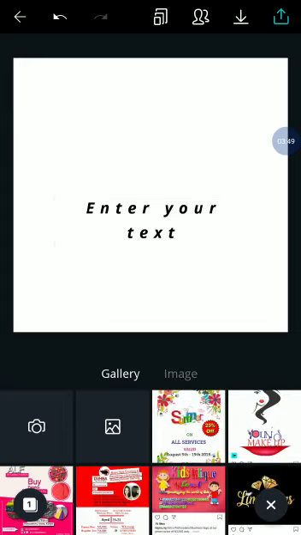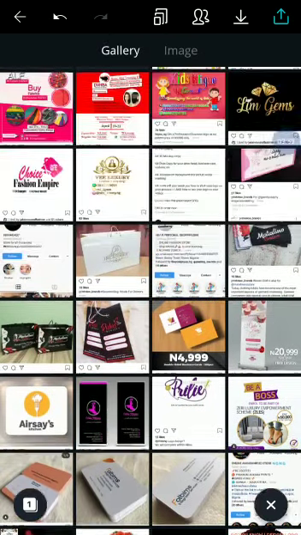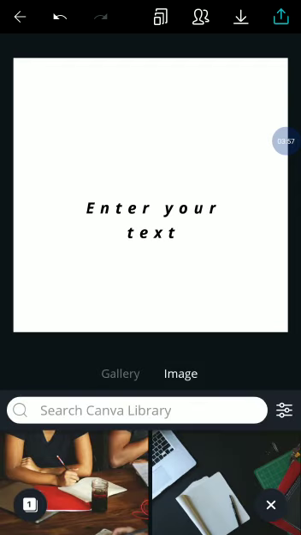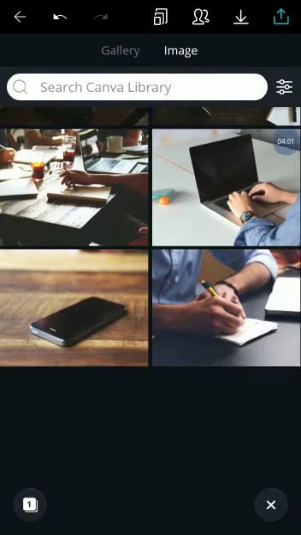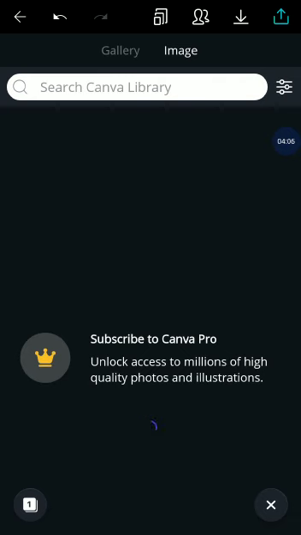Now images are images you want either from your gallery or Canva images. Canva has so many images you can search from. Still, some are free, some are not. So that's what images is about. Now let's move to